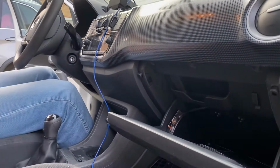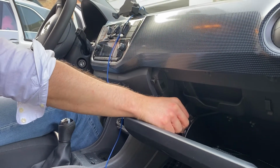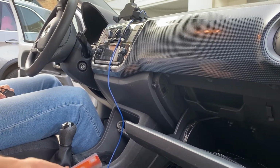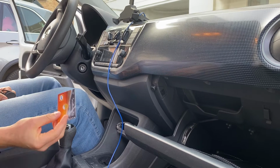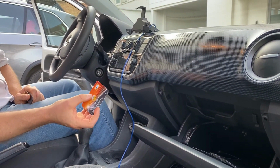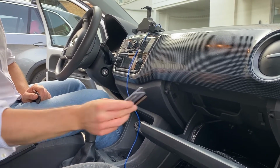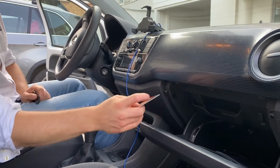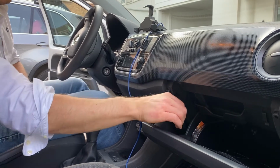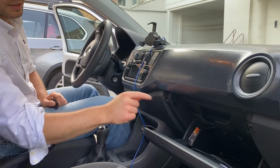And the key is normally in the glove box. Now I've already taken it out, but first of all, let me show you the gasoline cards. So there are two slots available for gasoline cards, and on each card it can also be parking cards or electric vehicle charging cards or any other card really, and they're normally tagged with an RFID tag. So this is a sticker which you can pretty much put on any card you have, and the device is an RFID reader which reads this card. So if I'm very silent, you might even hear it. There's a little beep sound,